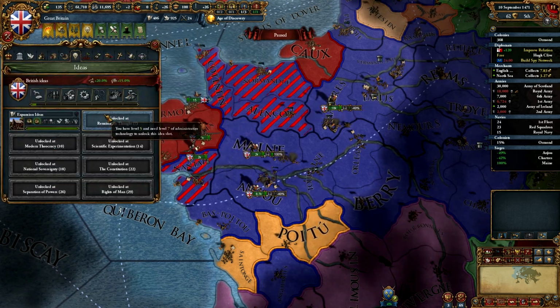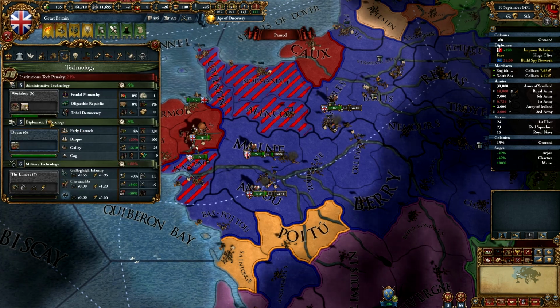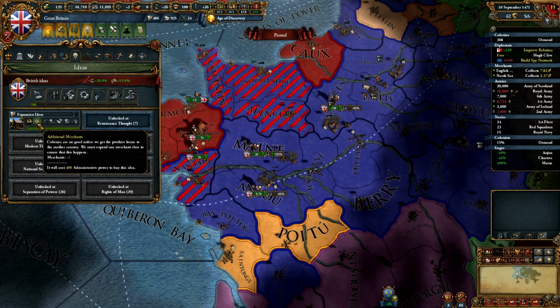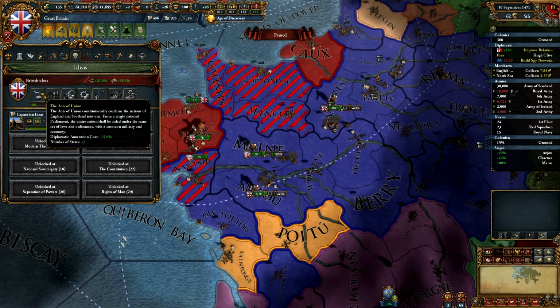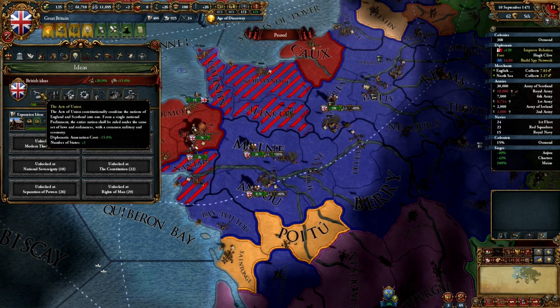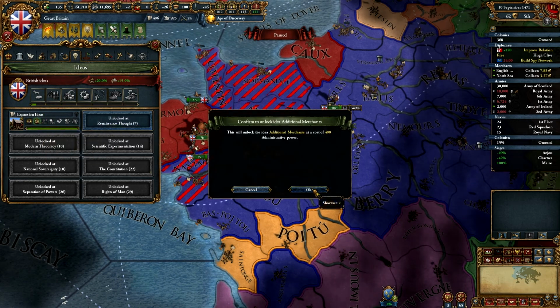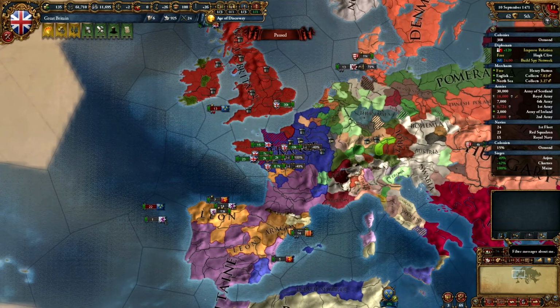Oh, we can take an idea. Now, this is an administrative idea. We're getting that bad penalty from the tech. I think it wouldn't hurt to get an idea. So that will give us an additional merchant. Then we need 1 more idea after that to get our number of states up and diplomatic annexation costs down. So we'll go ahead and take that additional merchant, and we will see if we can steer trade up to